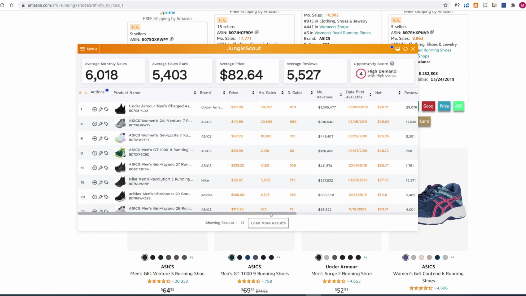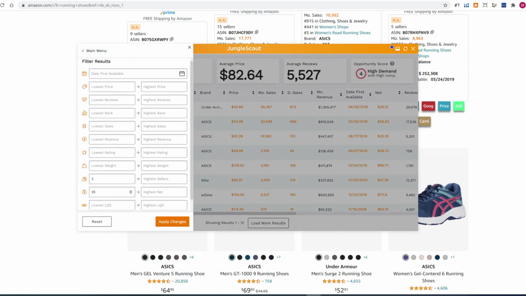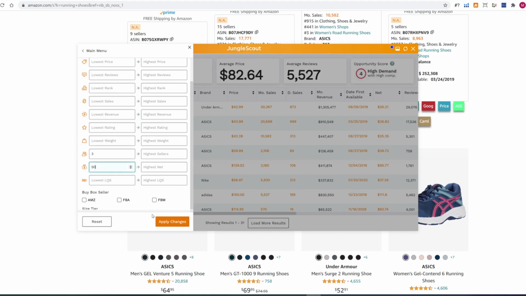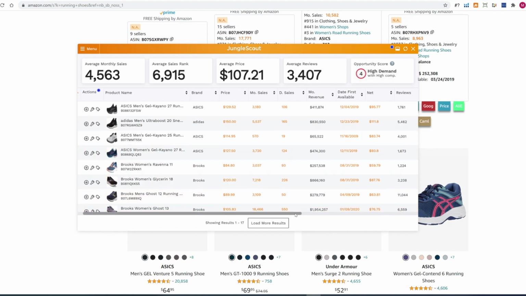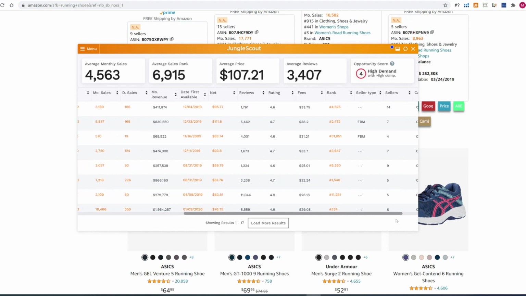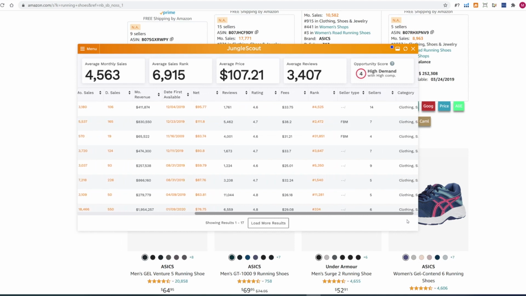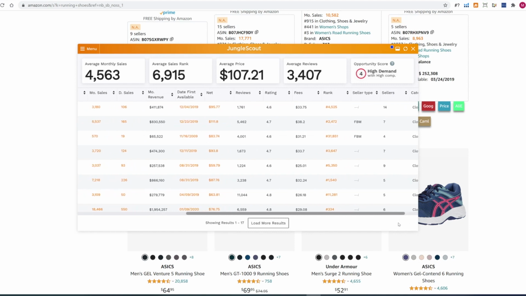So it went from about 50 to about 31, so that's good, but that's not good enough. What we want to do next is take it up a little bit. Let's go to 50. Okay, so that takes us down to 17. Okay, and so at this point we have 17 products where there's more than 3 sellers, and the net is greater than 50. Okay, so what I would do then is sort descending by monthly revenue, and